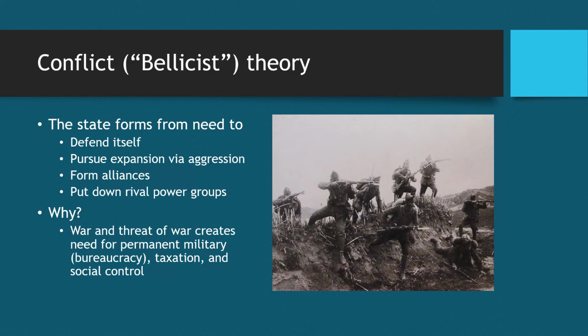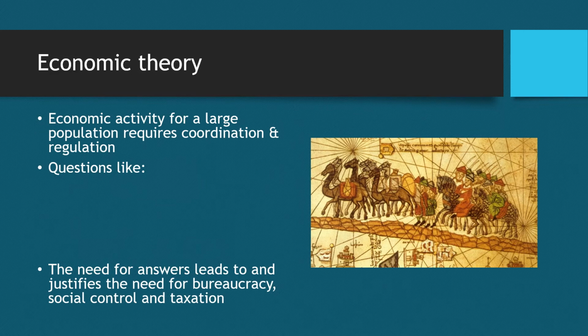So the conflict theory can be pretty robust, but there are also other theories that say there are different reasons that states form. So the economic theory is another pretty strong theory. And here the idea is that a state forms because of the need to coordinate economic activity and also to regulate it. So if you think about what life might be like if the economy was not regulated, you might have